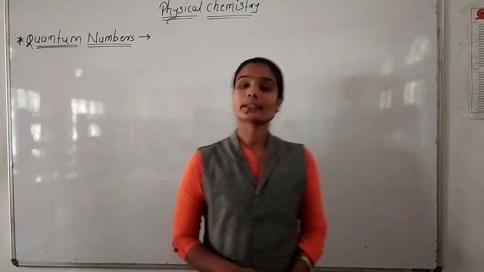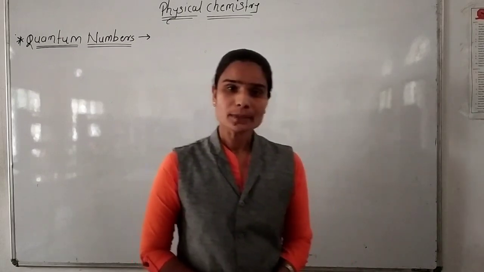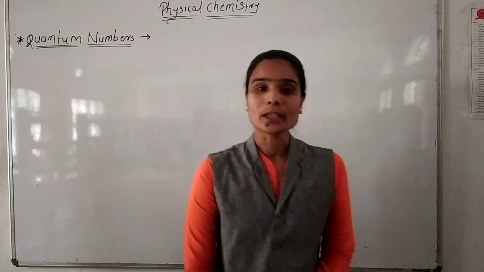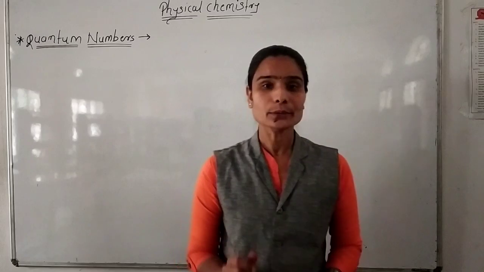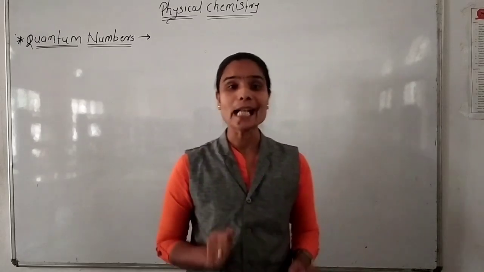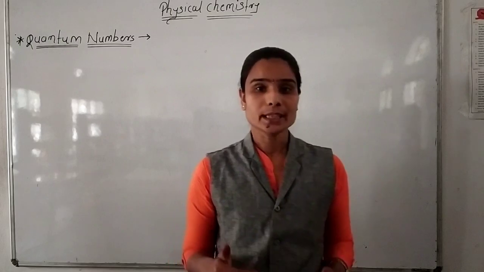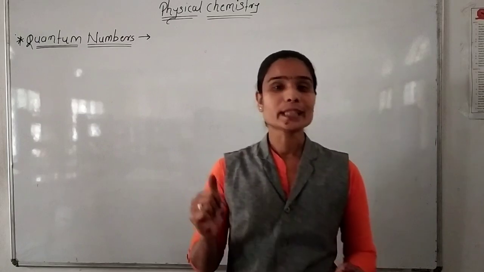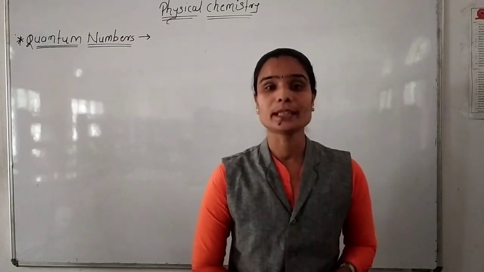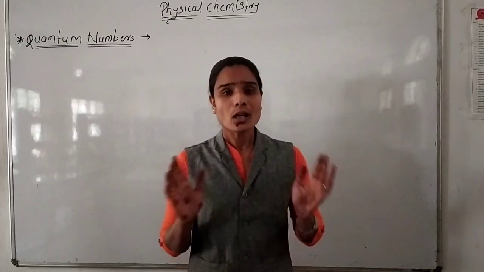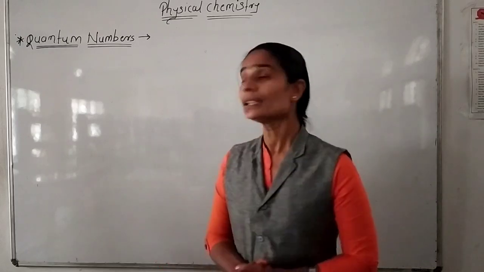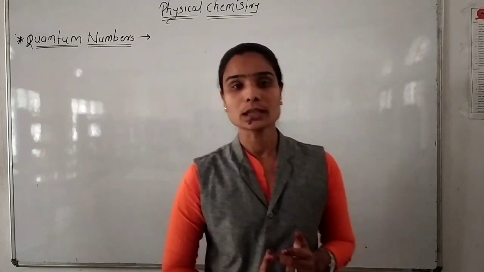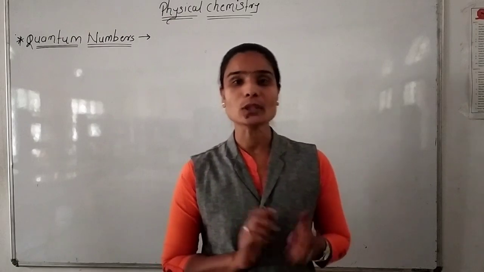In the last video lecture we started the quantum numbers, and quantum numbers are nothing but they give all the information about the electron present in the atom. Means they give the exact position of the electron present in the atom. Means in which energy level the electron is present, first, second, third or so on, and in which orbital the electron is present. Means the electron is present in s orbital or p orbital or d orbital. All this information is given by the quantum numbers, and there are four quantum numbers: principal quantum number, azimuthal quantum number, magnetic quantum number and spin quantum number.